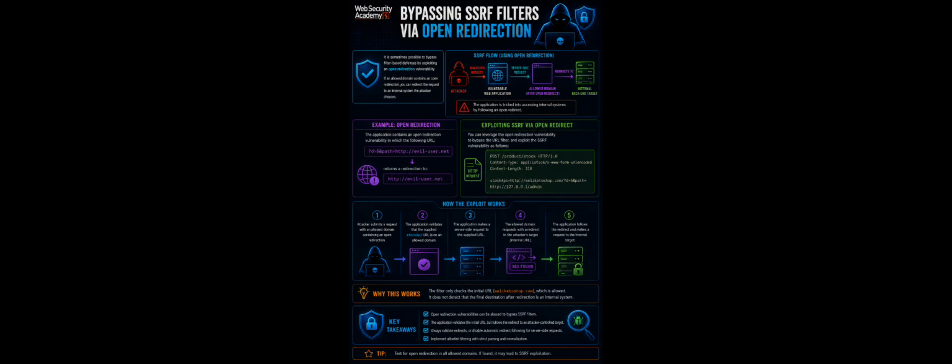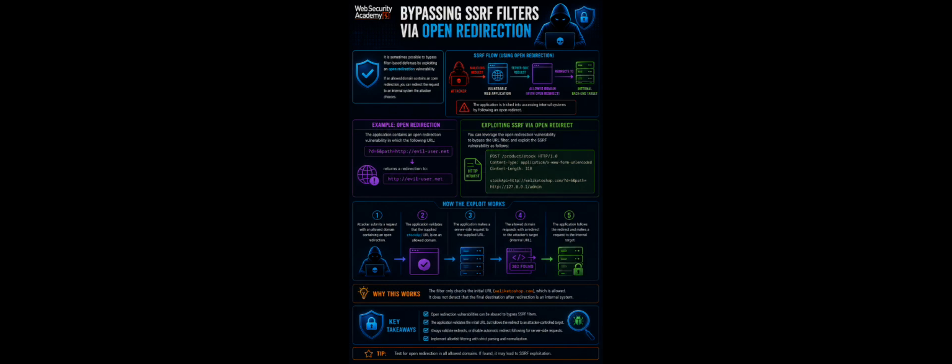Provided the API used to make the backend HTTP request supports redirections, you can construct a URL that satisfies the filter and results in a redirected request to the desired backend target. For example, you can leverage the open redirection vulnerability to bypass the URL filter and exploit the SSRF vulnerability as follows: